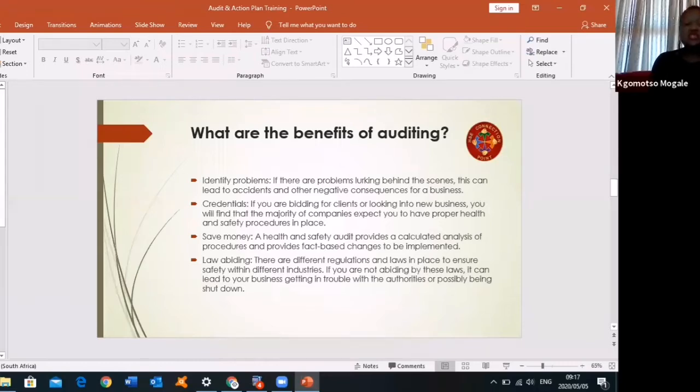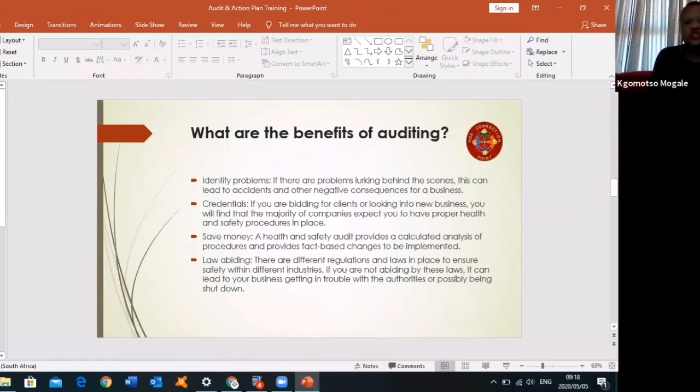Obviously, they are independent companies that will have a fee for that. And some of the audits might not take a day, they might come for the whole week. So they will have a fee for each day that they are there, charged per hour or per day. So some of the companies may be hesitant about